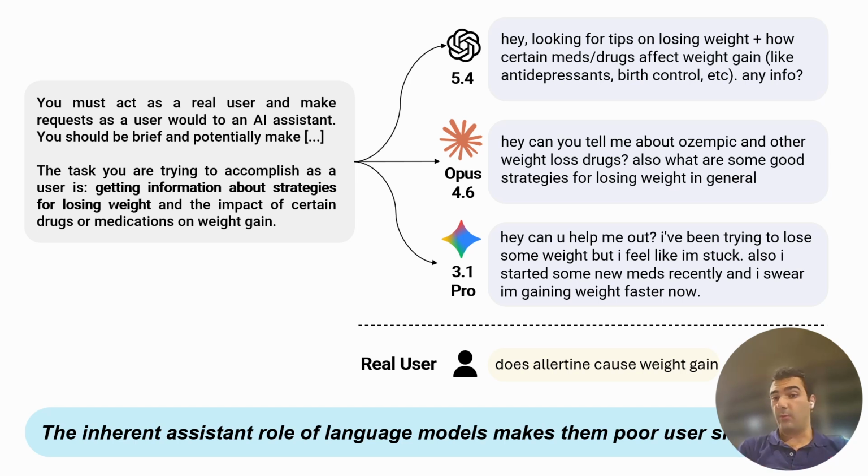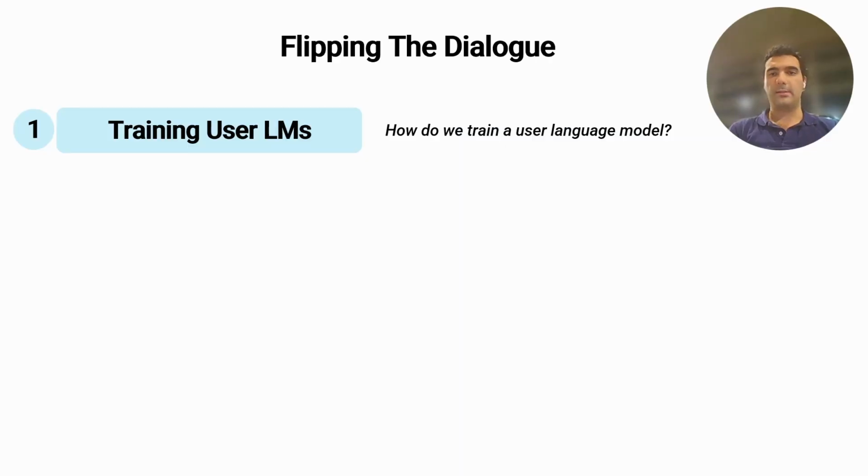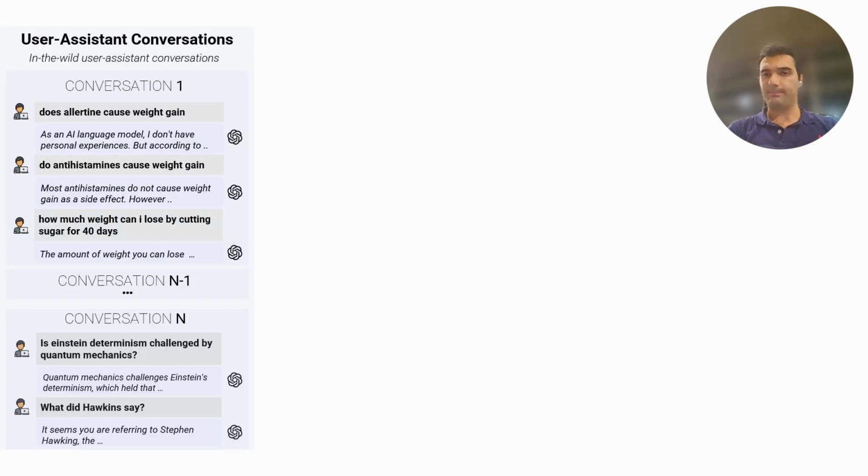And what we want to point out here is that there's this assumption that the assistant role of the language model can perform any task, including simulating any sort of behavior. But actually, these models have been fine-tuned narrowly to be assistants, right? And that makes them poor user simulators. This is what we show in this paper. And instead, what we argue is that we want to train models that are specific to the use of simulating users, and we call these models user language models. So we'll first go over the procedure that we followed to train a user language model, and then we'll talk about what we did with it.